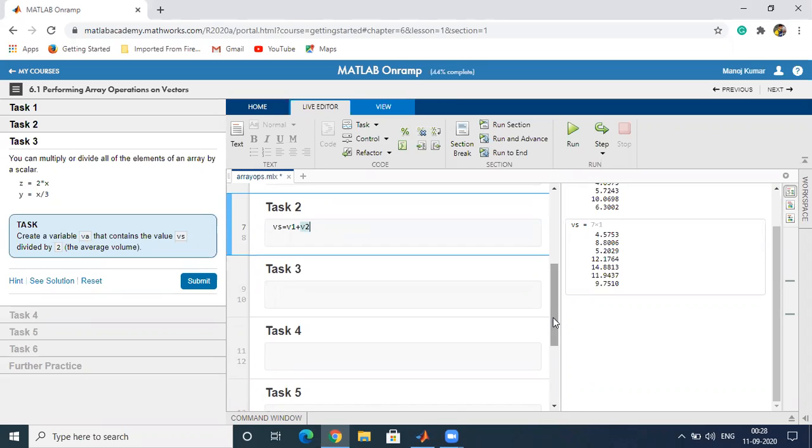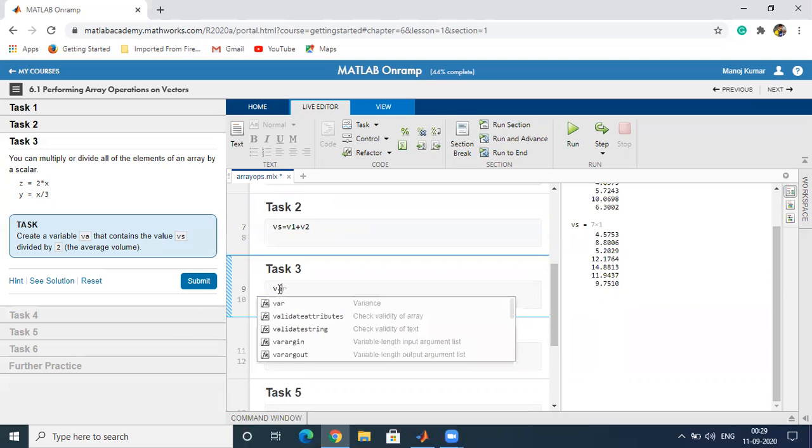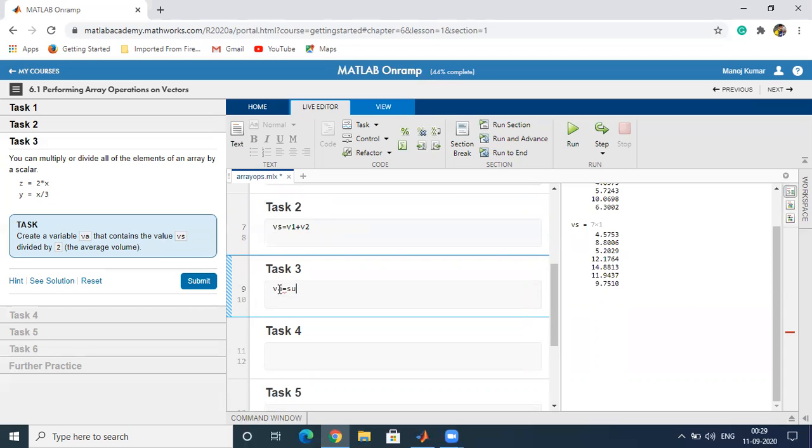We use the sum command for adding the components: va equal to sum of vs, then we get the sum of all the components and divide it by 2 to get the average volume.